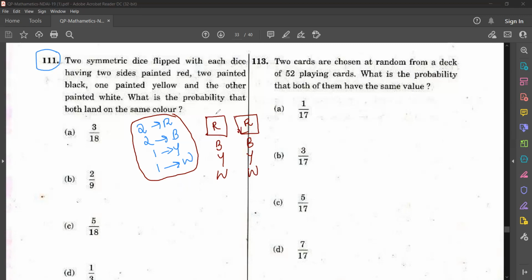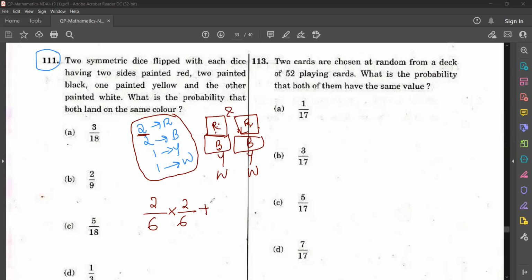So if it is red here, here also red, or if it is black here, here also black, like that. Okay, so red: what is the probability of getting a red side on the first die? How many red faces? Two, out of the total number of faces, that is 6, isn't it? So here it is red, means here also you have to get red, so 2 by 6 into 2 by 6. Or black means here also black. Or means you'll put a plus, isn't it?